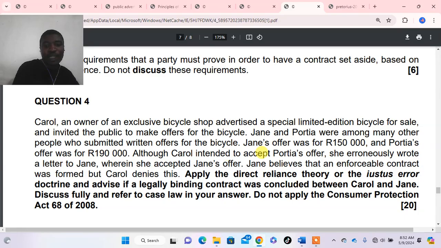Although Carol intended to accept Portia's offer, she erroneously wrote a letter to Jane, whereby she accepted Jane's offer. Jane believed that an enforceable contract was formed, but Carol denies this. Apply the direct reliance theory or the Steyn error doctrine to advise if a legally binding contract was concluded between Carol and Jane. So,